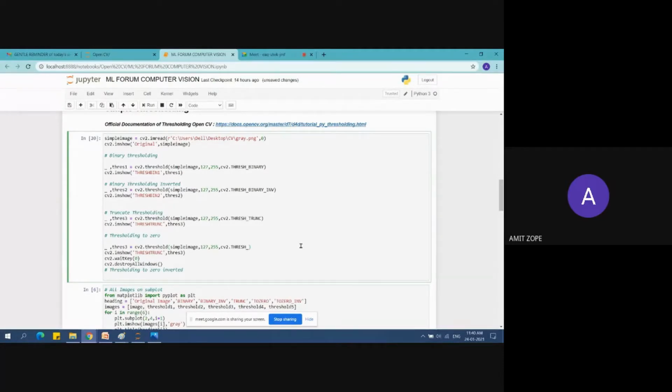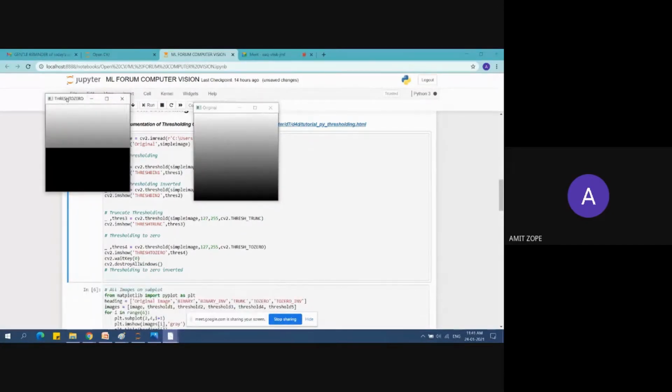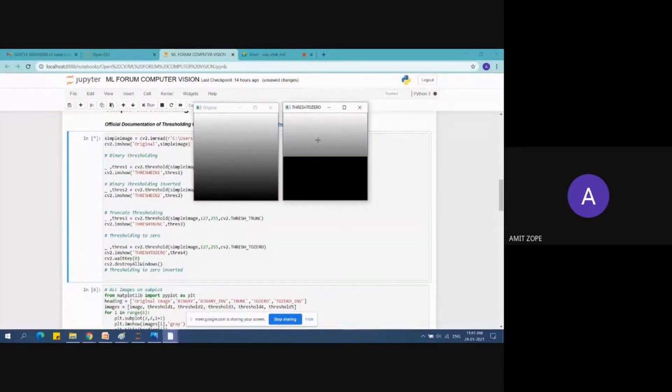Original image and thresh to zero. So this is what the thresh to zero type does.